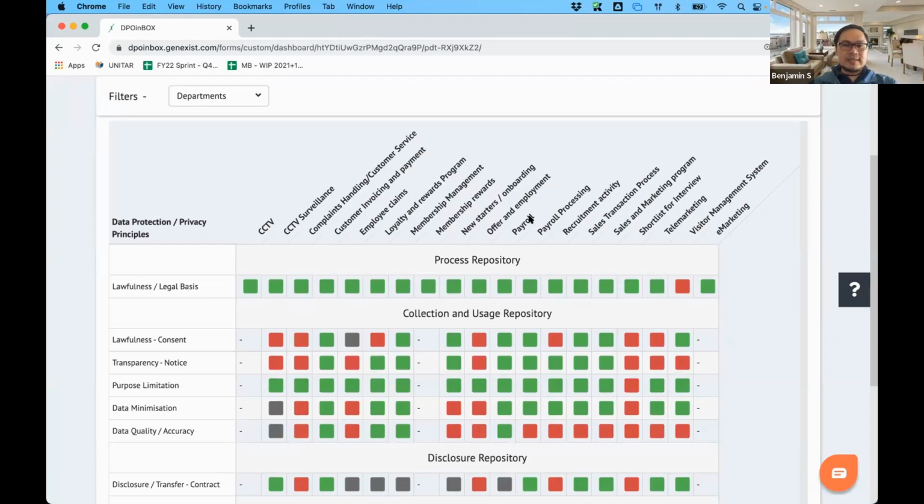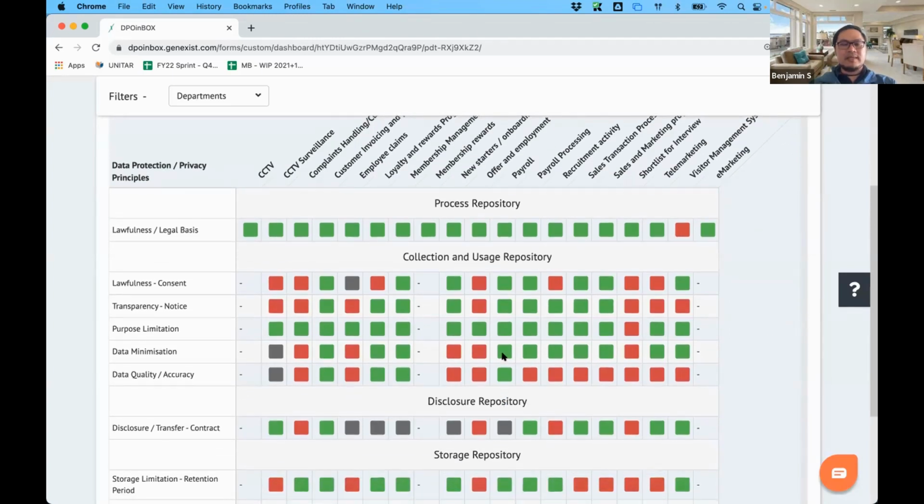So as you can see, I'm going to take the payroll as an example, right? In this case, we see that the purpose of it is lawful. In the collection and usage aspect of it, there is consent obtained. There is a privacy notice informing how the information is being collected. There's also a data minimization factor, where only relevant information is collected for the purpose of payroll.